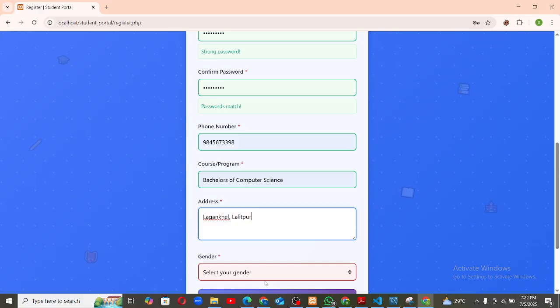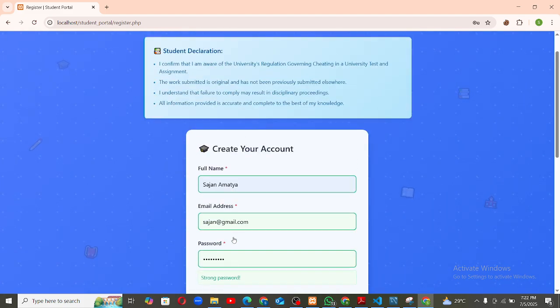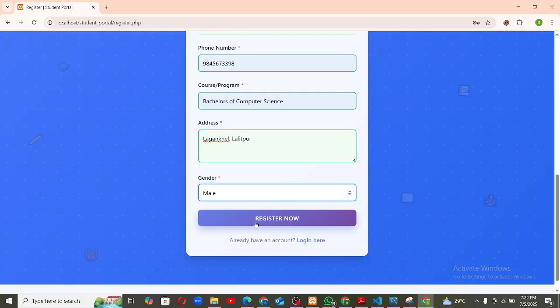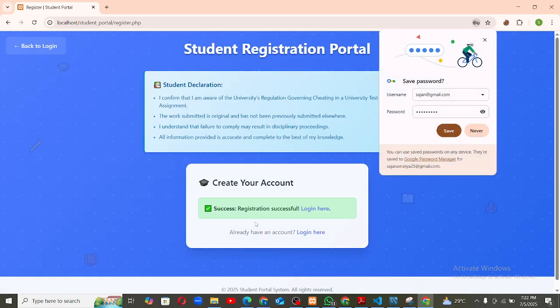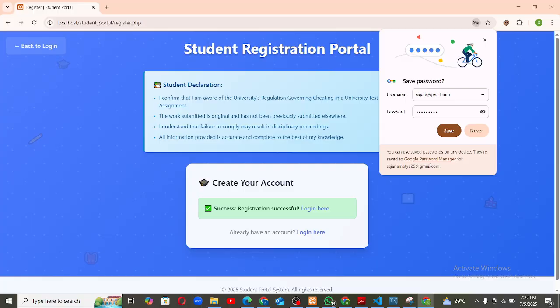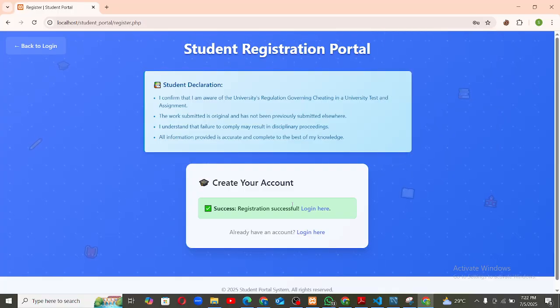Okay. And your gender here. Now everything is filled and we have entered the valid data. We are good to go now. Let's register here. Now as you can see, the registration is successful, and you can just go to the login